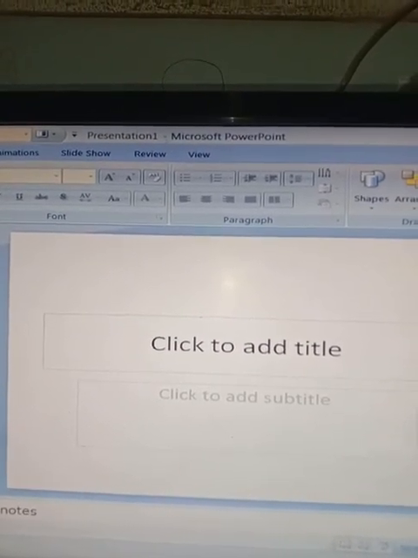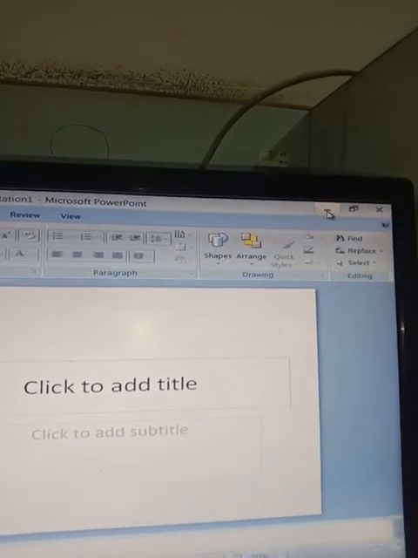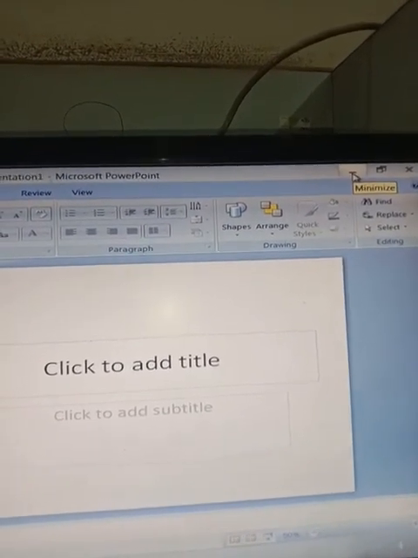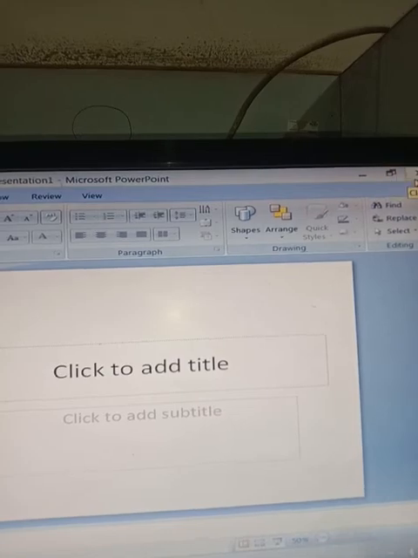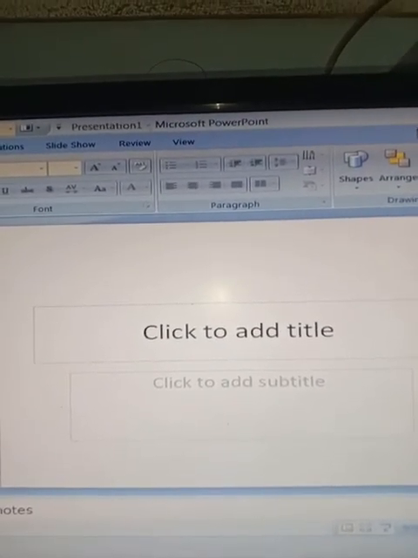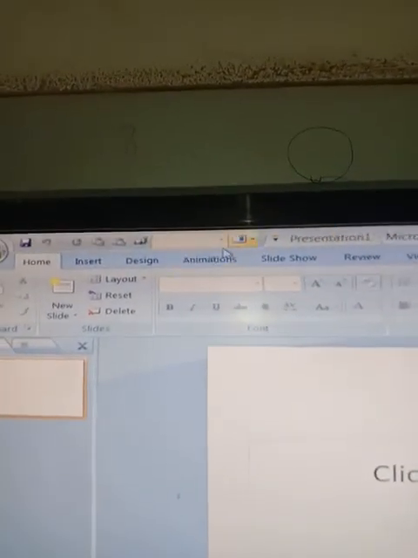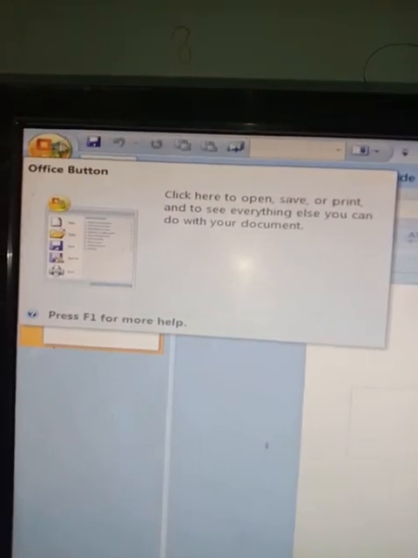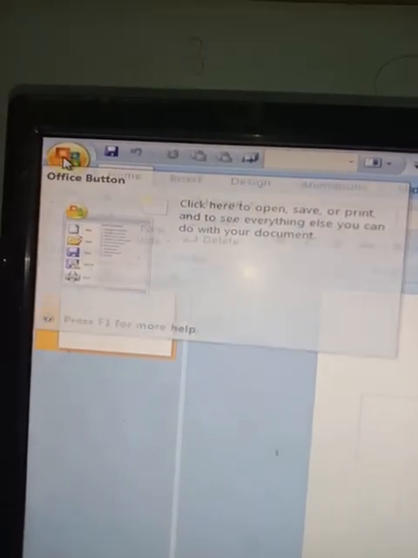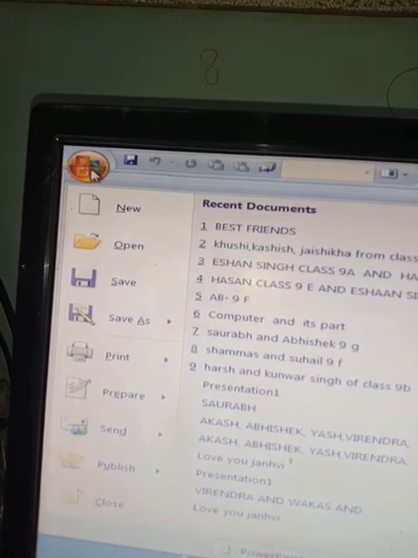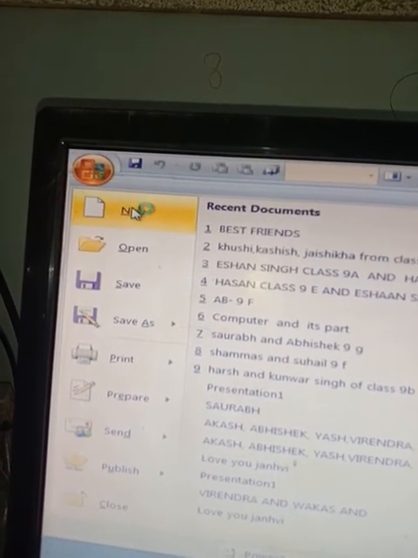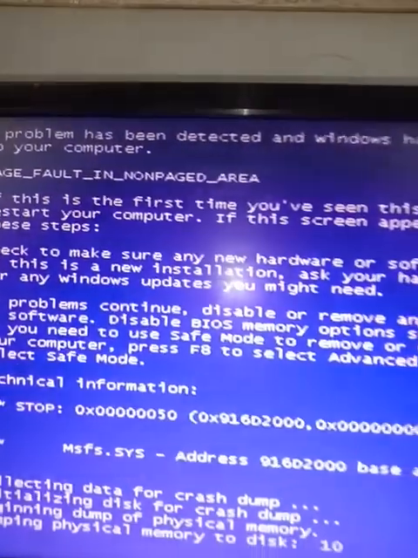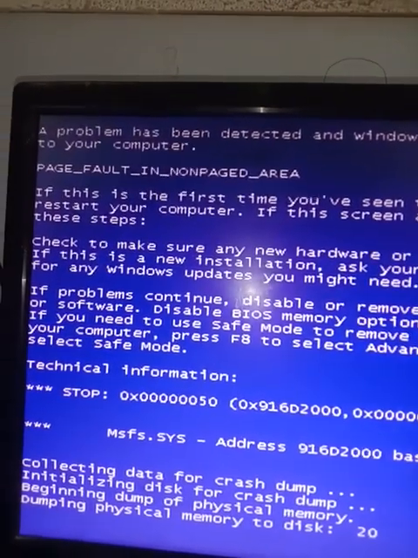It contains the quick access toolbar on the left side, and on the right side minimize button, maximize button and close button. So this is the title bar. Next we have quick access toolbar. So this is the quick access toolbar over here. We have the office button over here. Like we can click on the office button, we will get the option of new, open, save, save as, etc. So in this way